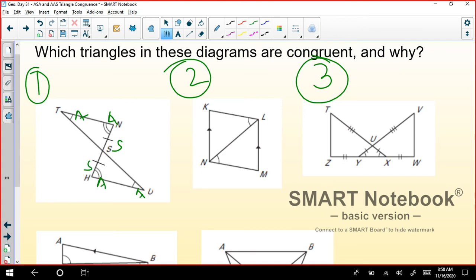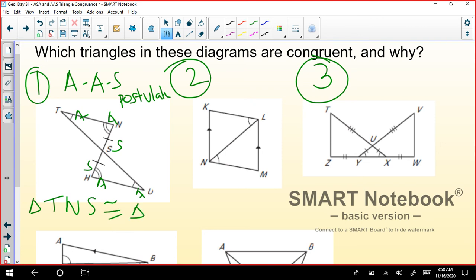Okay, so if I observe one triangle, I see AAS, so I'll just say AAS postulate as the reason in short form, and let me give this statement as well. Triangle TNS is congruent to triangle. In place of T with one arc I have U, with N with two arcs we have H here, UHS. Triangle TNS is congruent to triangle UHS.